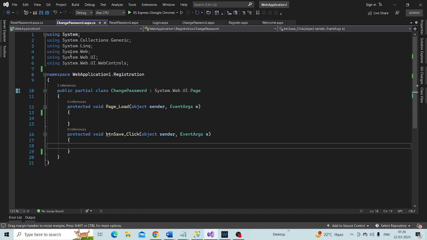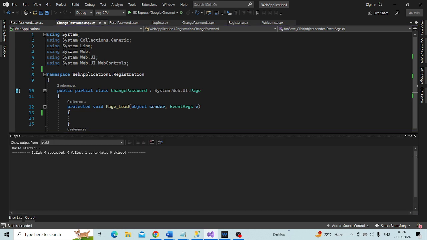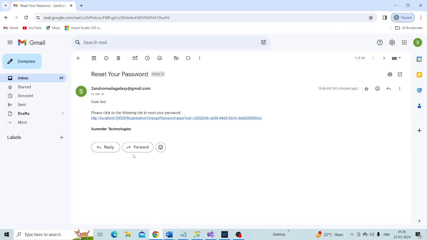Control Shift B, build this at this point, and then if I click on this link, meaning go to the email ID and click on this link,